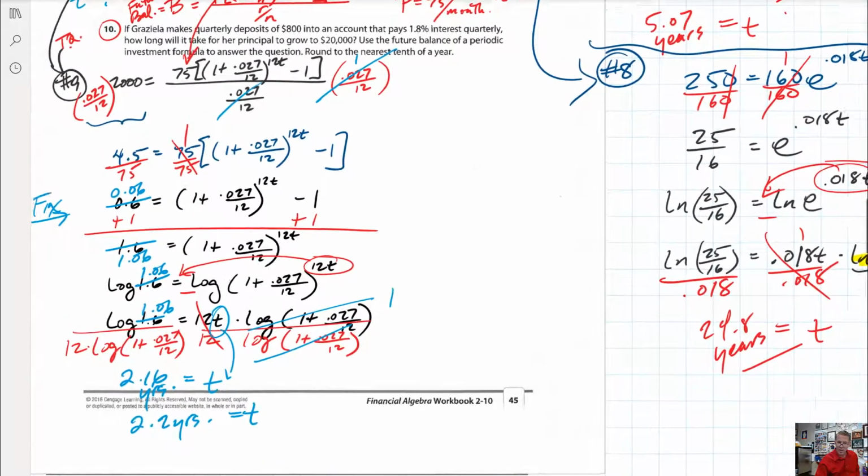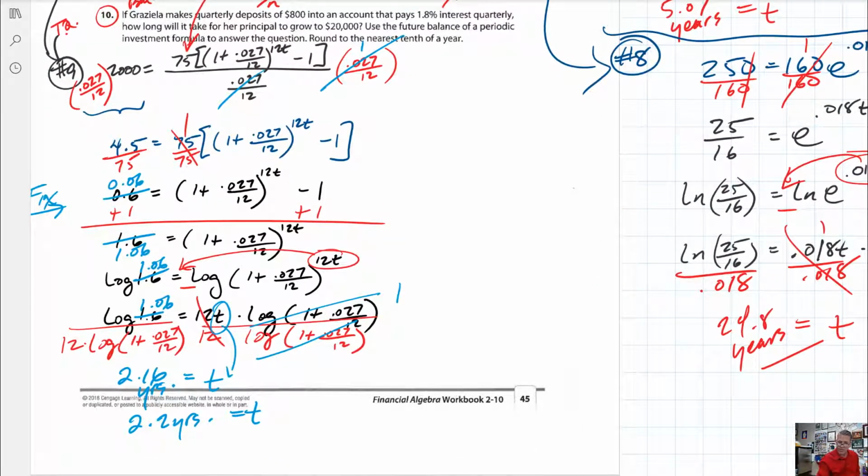So, might as well do it. Okay, so number 10, we'll do it right here off to the side. Number 10, Graziella here makes quarterly deposits of $800. That's per quarter, so N is 4. P, the periodic deposit, the quarterly deposit, is